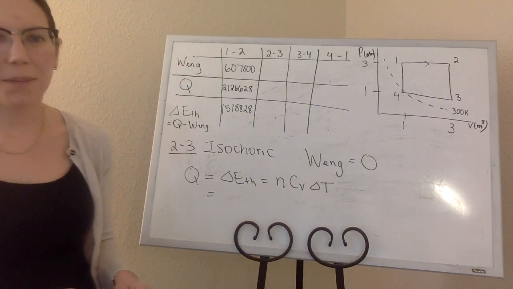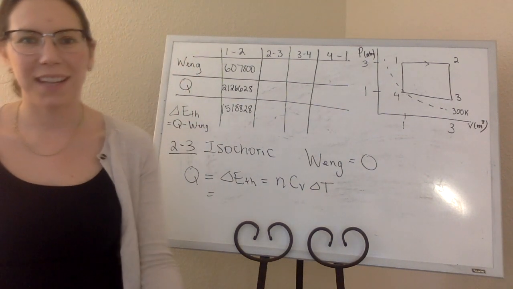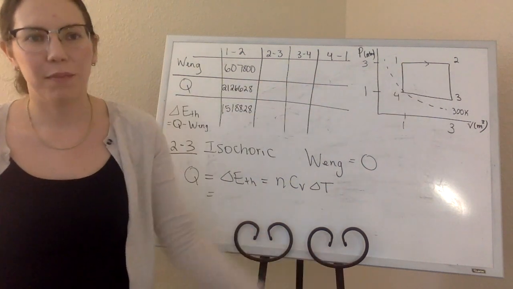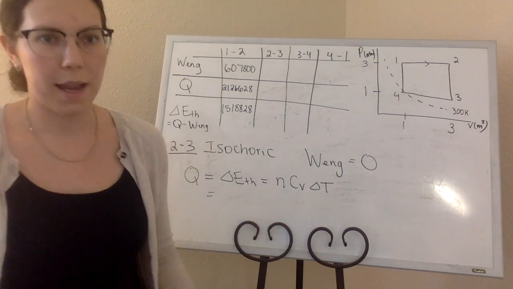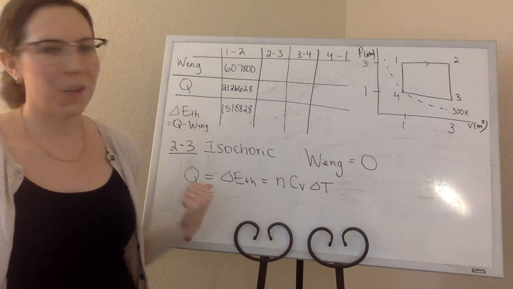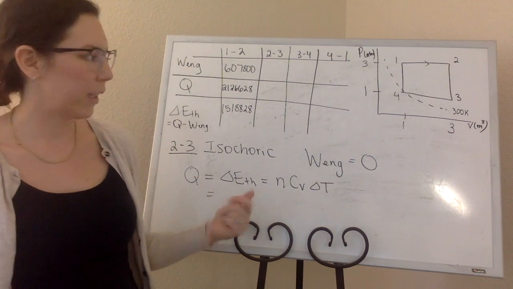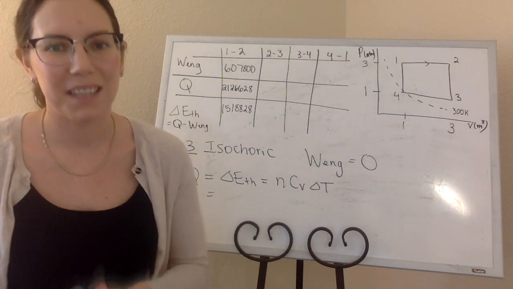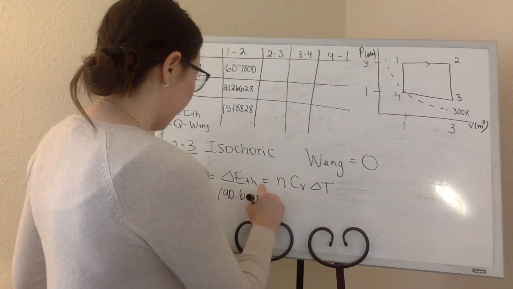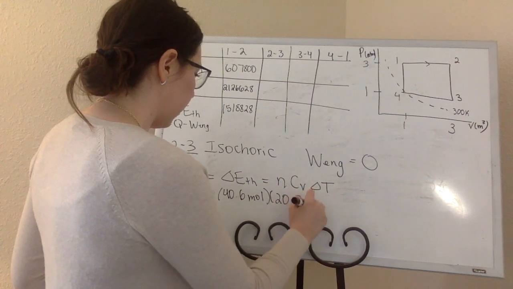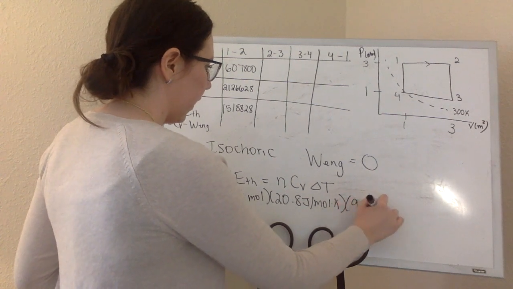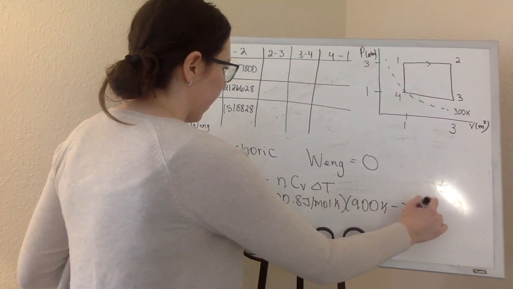So I've switched that up here. 2 to 3 is isochoric because that's at a constant volume. And as you can see, the area under that vertical line, of course, is 0, and delta V is 0, so we end up with the work done by the engine at 0, which means that Q is equal to the change in thermal energy, and the heat transfer at constant volume is n CV delta T. So that will be 40.6 mole. This one's 20.8 joules per mole Kelvin. And if you check the temperatures, this was 900 at state 3 minus 2700